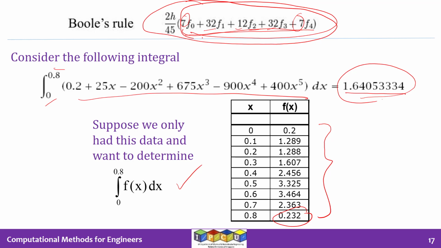Now, how do you get this function? You just choose 5 data points. You construct a 4th order interpolating polynomial and follow the same procedure as we did before. You will get this result. And such results are tabulated in many textbooks and internet sites. So look for Boole's rule, or sometimes it is called the Newton-Cotes formulae. Kindly take a look.